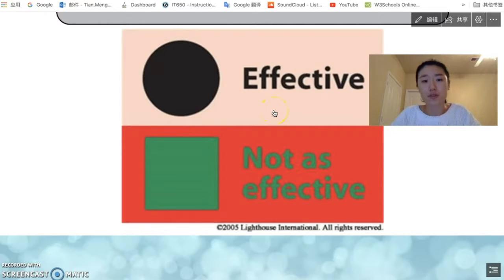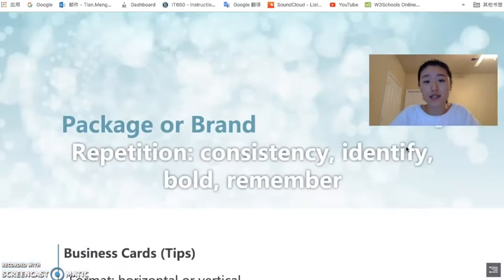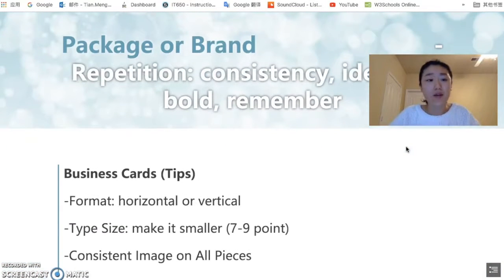Like the contrast between colors. Also, there are more types of contrast you can use when designing your layout. Okay, here come the tricks and tips about designing different kinds of